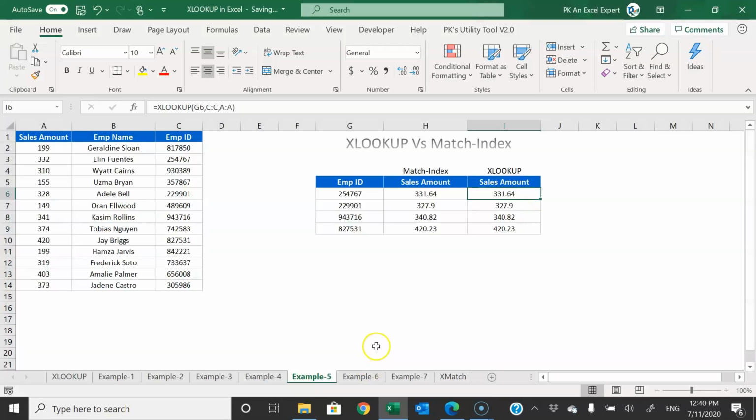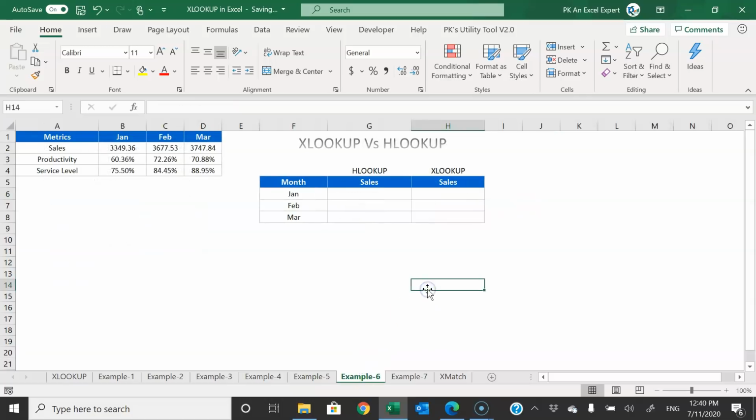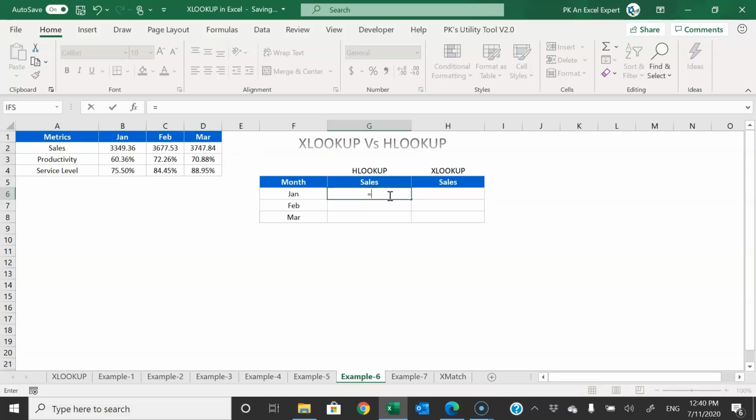Now let's move on to the next example, and here I will explain how you can use the XLOOKUP in place of HLOOKUP. So let's say here we have this horizontal data wherein we have months in columns and we have different metrics. Now here we have the month in rows and we want to get the sales, the second row. So we will use HLOOKUP here. Then lookup value, we will take this one.